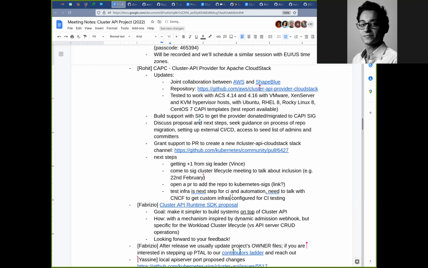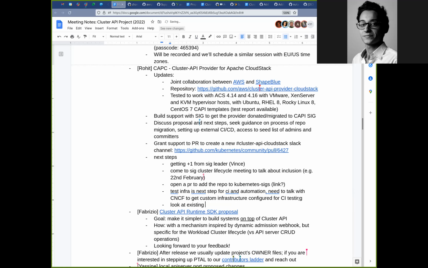Yeah, plus one to what Fabrizio said. Eventually, over time, once you have the repo in there, you can take a look at the existing providers. You're going to see on the test-infra repo a bunch of the configuration and the Prow jobs that you'll likely want to have, like things like E2E integration, linters, and all of these kind of things, so that the provider is on par with the others.